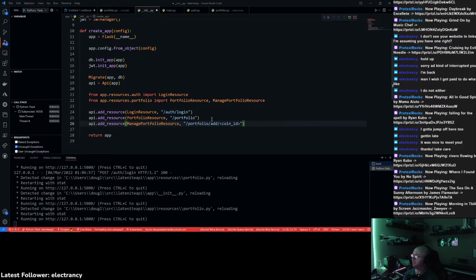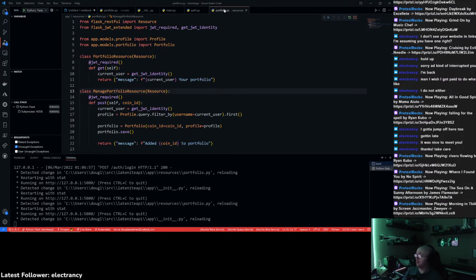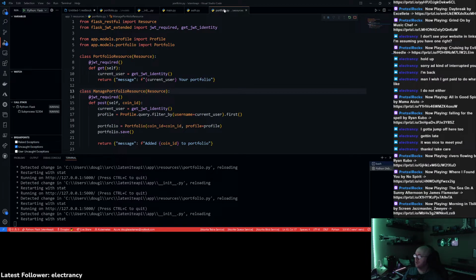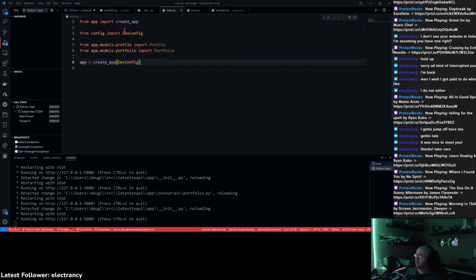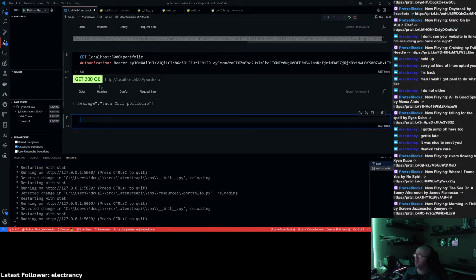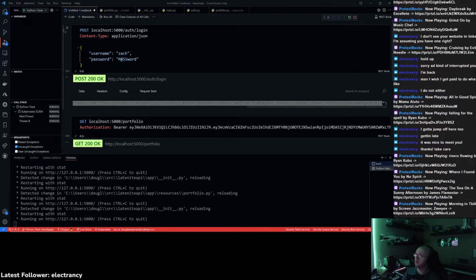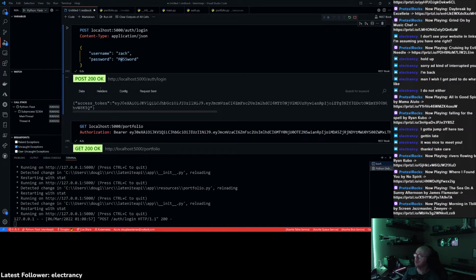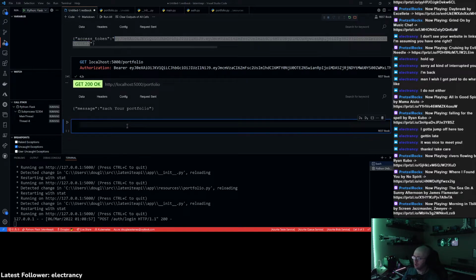There we go. I think that's what I want. Yeah, I think that's what I want. Okay, so now get an access token. Okay, now if I do a put localhost 5000